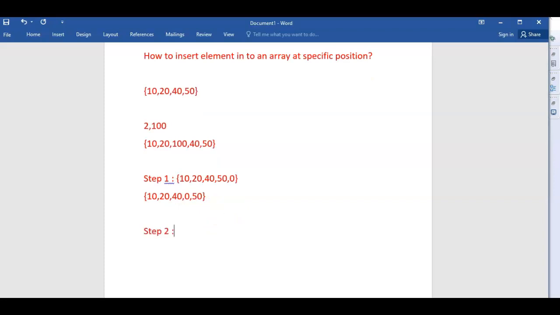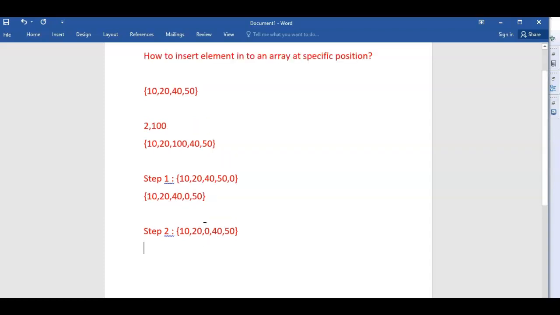At step 2, we need to move the value 40 to this position. So how do we do that? 10, 20, and since we are moving the value at this position, just set 0, 40, 50. So this is how the array looks.